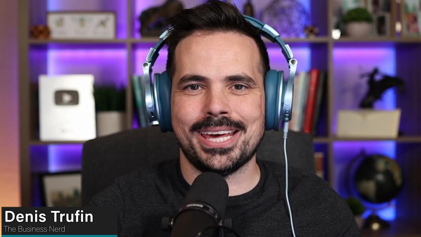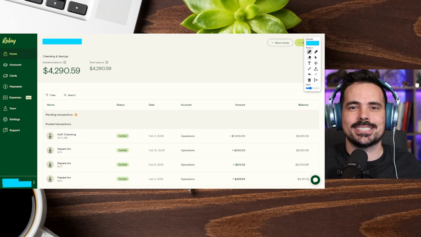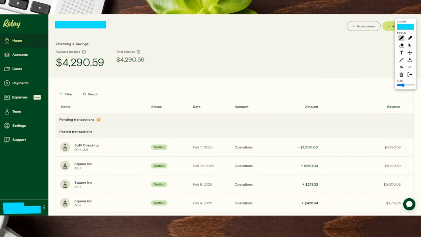So today I'm going to show you how to add additional accounts for your Relay business bank account. Now we're going to be here on desktop in real time so you can follow along step by step. I'm actually going to go off screen here so you can see the screen in full. Now we're currently on the home page of our Relay account, and then just one section down underneath that, you're